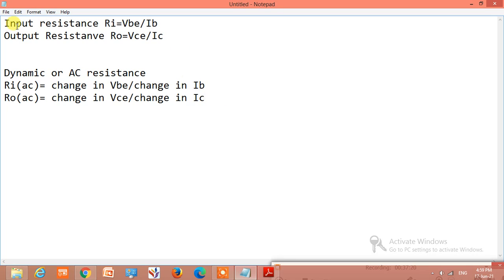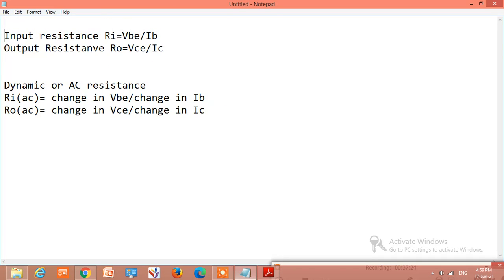So at the last we have to calculate this static DC resistance or dynamic or AC resistance values.